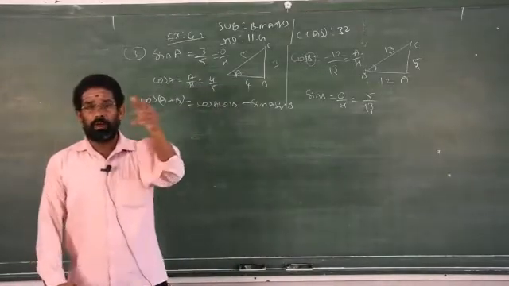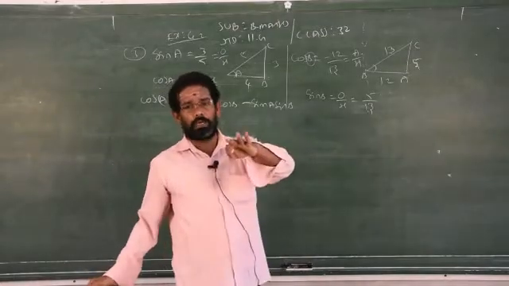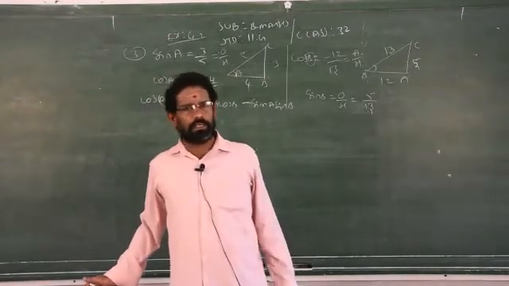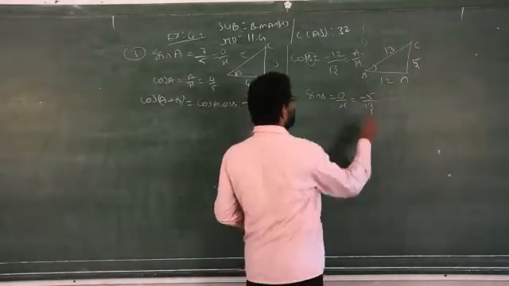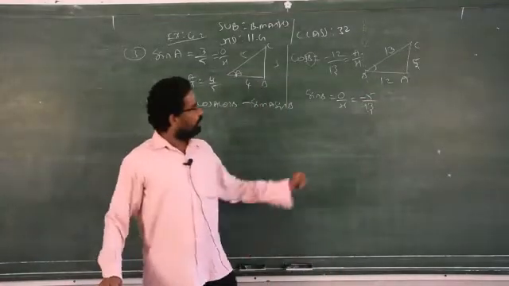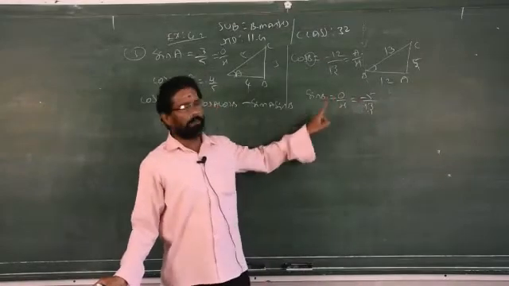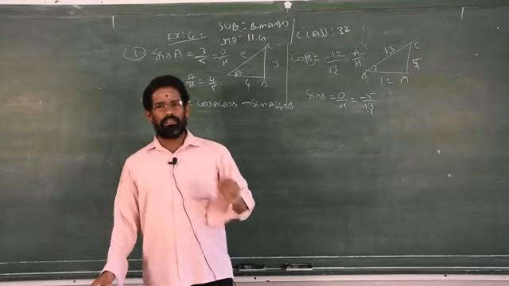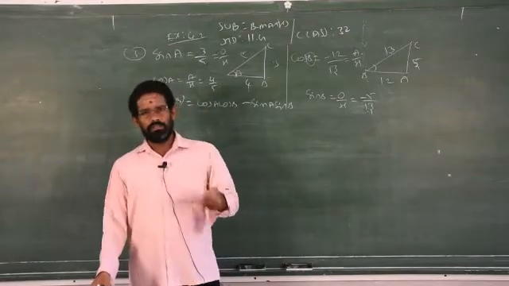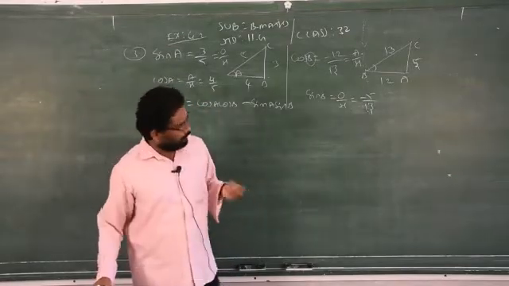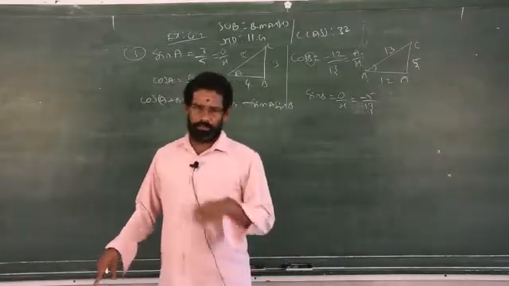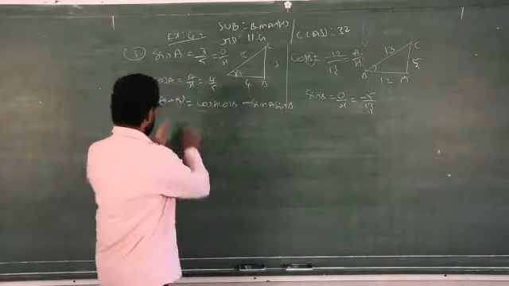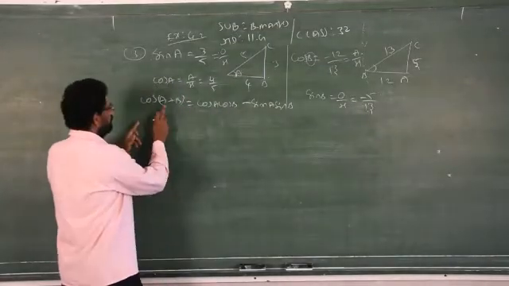It lies between 180 and 270, that is in the third quadrant. In the third quadrant, which ones are positive? Tan and cot alone are positive. Other ratios are negative. Therefore, you have to take the minus sign. So how do you get this minus sign? Because of angle B, which lies between 180 and 270, in the third quadrant, where tan theta and cot theta alone are positive. Remaining ratios are negative. Therefore, I am using the minus sign. Now I know all the information to find the value of cos(A plus B).